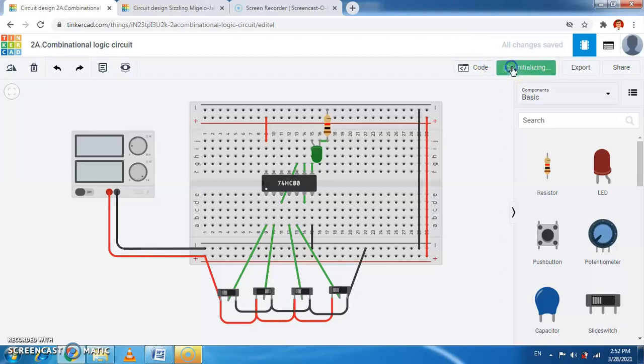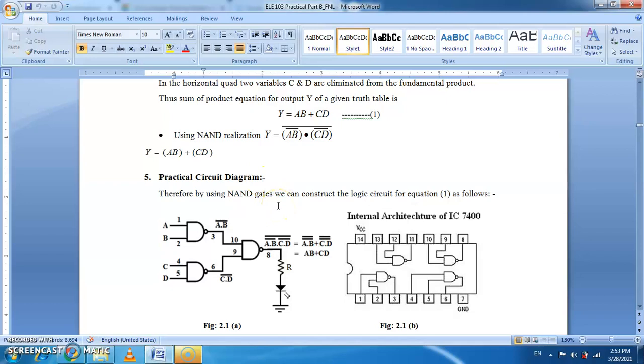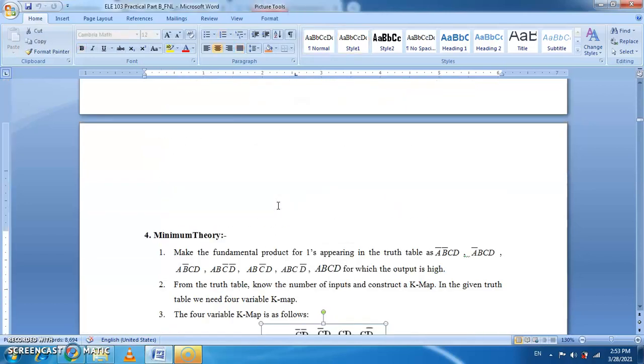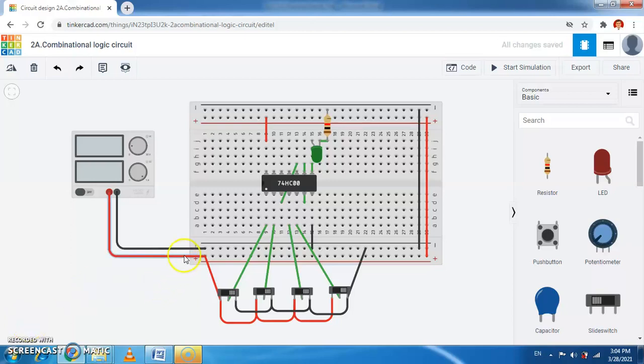Just see here. Now in this case, all are 0 here. So this will be 0, this is 0, this will be 0, this will be 0. Since A, B, C, D are 0, the output is 0. So if you see the truth table, you find that this. See, in this way we build the combinational logic circuit for the simplified expression by the KMF.